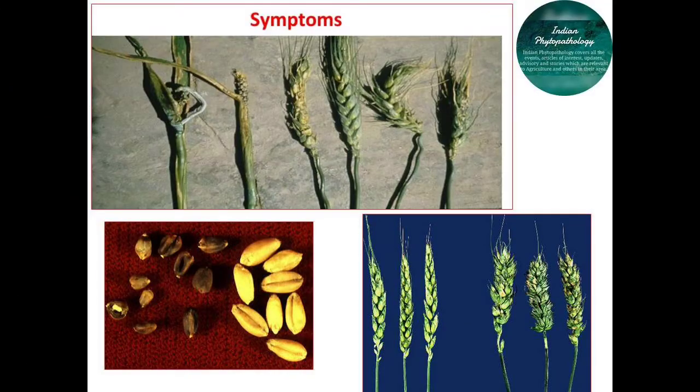Here you can see the symptoms of this Tundu disease. The major characters of Tundu are twisting of stem, distortion of earheads, and rotting of spikelets, with a profuse oozing of yellow liquid from the affected tissues. The ooze contains a mass of bacterial cells. These are some major marks of identification for this Tundu disease. Twisting and distortion of earheads are caused by the nematodes, and profuse oozing is caused by infection of the bacteria, Rathayibacter tritici or Clavibacter tritici or Corynebacterium tritici.